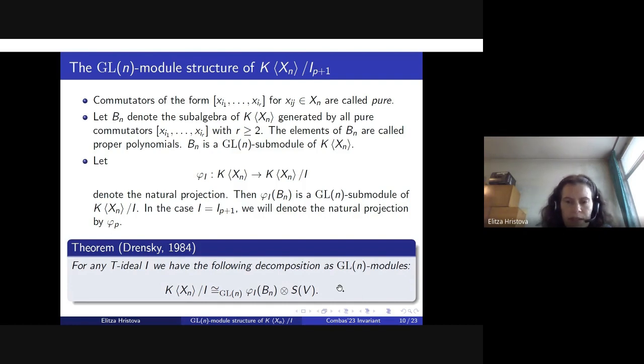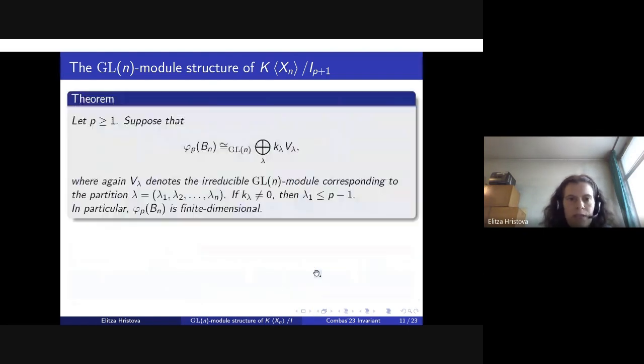And why is it useful in our case? Because we can restrict the question of describing the GL_n module structure to the subalgebra of proper polynomials. So we can first consider only this GL_n module, and then, once we find this GL_n module structure, we can use some branching rules for the composition of tensor products in order to find the GL_n module structure of the tensor product. So our first result will be about